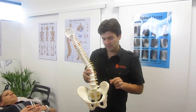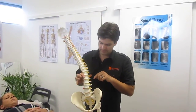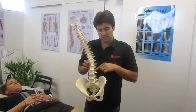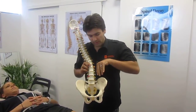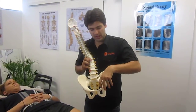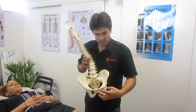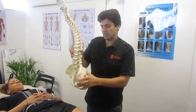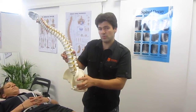What's really good is to loosen up the psoas muscle. It comes off of the side of the transverse process of L1 or T12. It courses through the abdominal area and attaches to the top of the ball and socket joint in the hip. So it's a big strong muscle, and if it's too tight it will pull the pelvis forward and put pressure